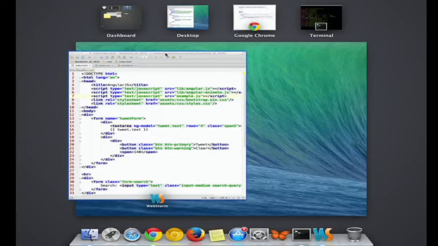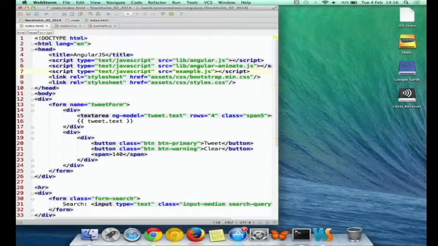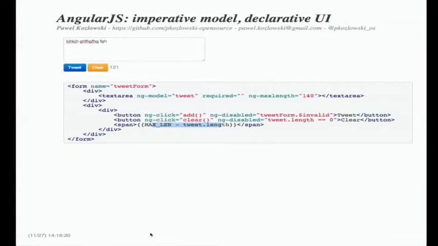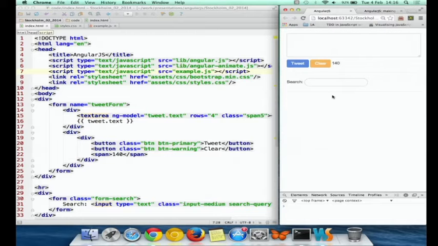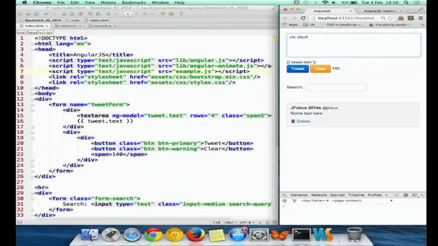So let's have a closer look at this example. So here we've got completely static HTML. There is nothing happening here, and we will try to turn it into an Angular-powered, dynamic version.